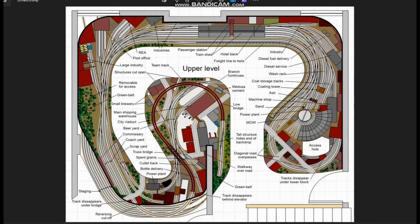And I've done the same in the other corner with the small brewery. The intention is that most of the trackage here serves a single large brewery, and there's a few other industries and a smaller brewery beside it. Now this, I think, is a good spot to use the Walthers Milwaukee Brewery kit, which is a fairly tall structure and again breaks up the mainline curve. And in both cases they don't cause a problem with access